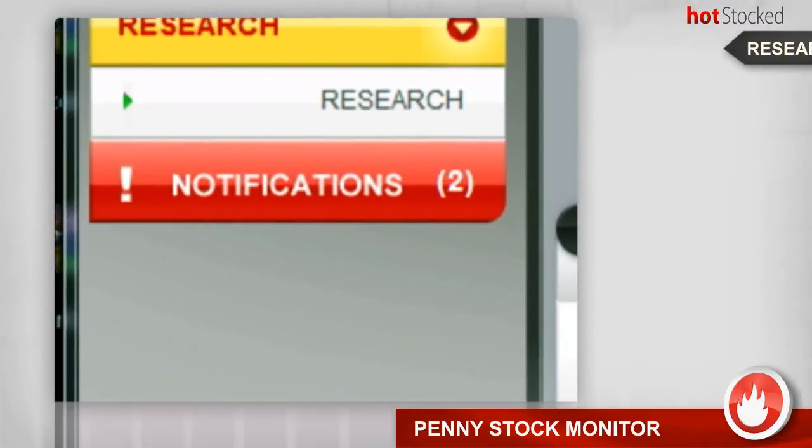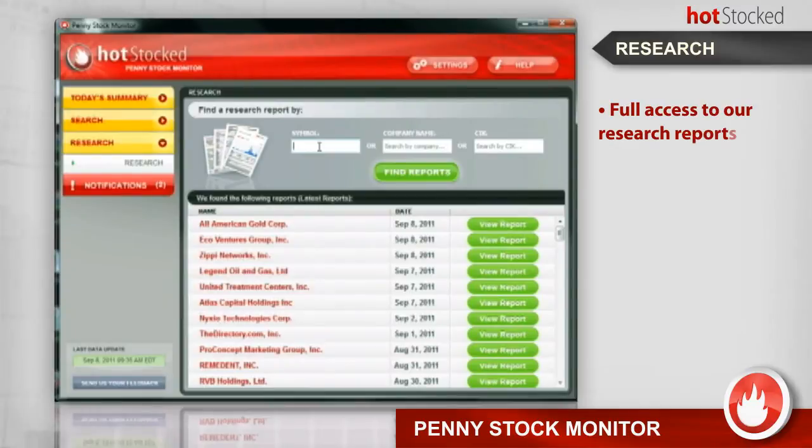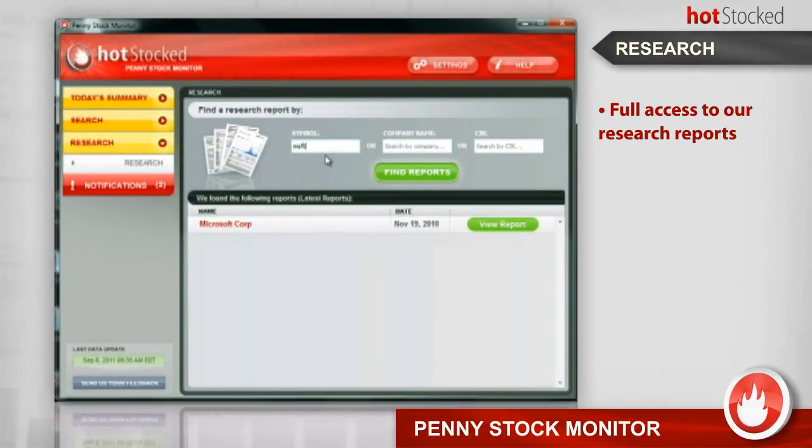The next thing that we offer is our research reports. You can look up any research report by the company symbol or by the company name, and then it will just give you a list of reports. Like if I put here the symbol, I put Microsoft, then you just click on the View Report button and you'll see the full research